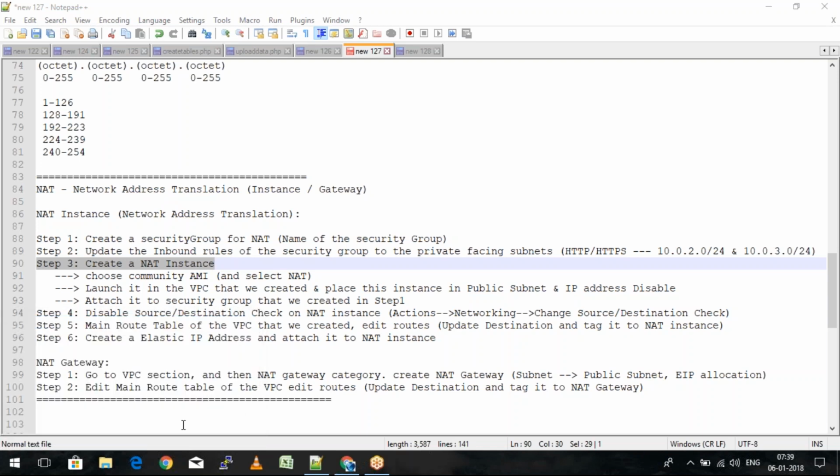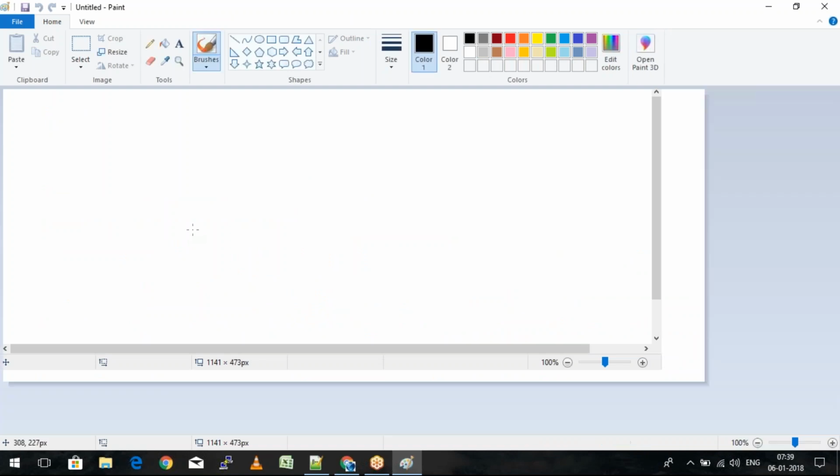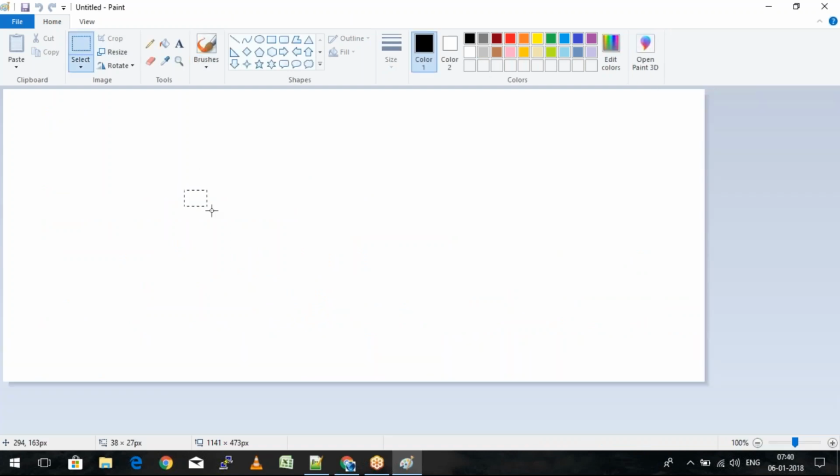Let me open Paint. When you talk about the NAT instance, let's say this is the specific size of it. Let's say this is the size of the EC2 instance for now, which is 1 virtual core of CPU and 1 GB of RAM.